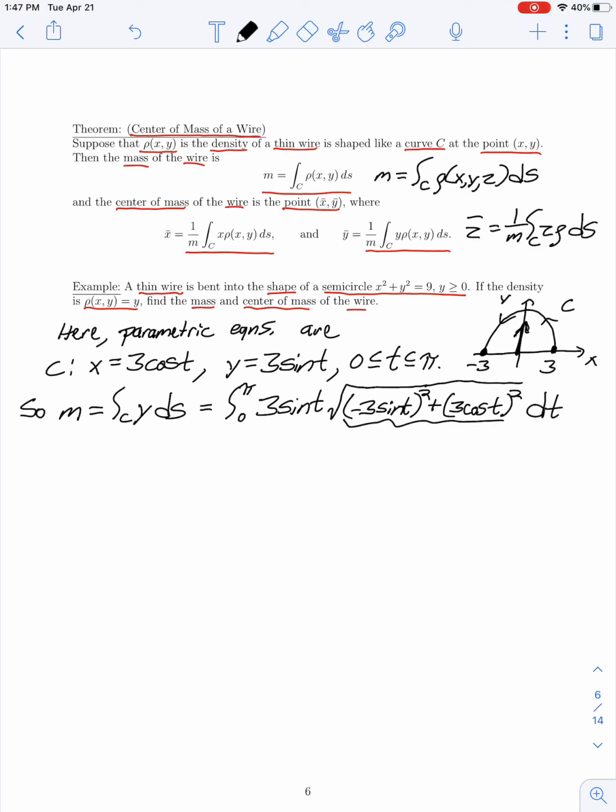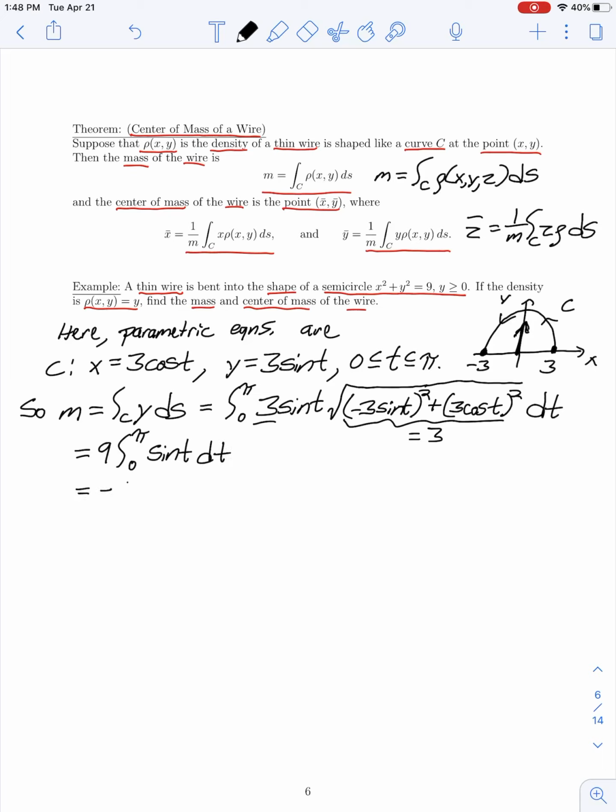So here, our expression under the radical reduces to 9 sine squared t plus 9 cosine squared t, or just 9. So then taking the square root of 9, we're left with 3. So multiplying by our original constant out in front 3, we have a constant 9 times the integral from 0 to pi of sine of t dt,